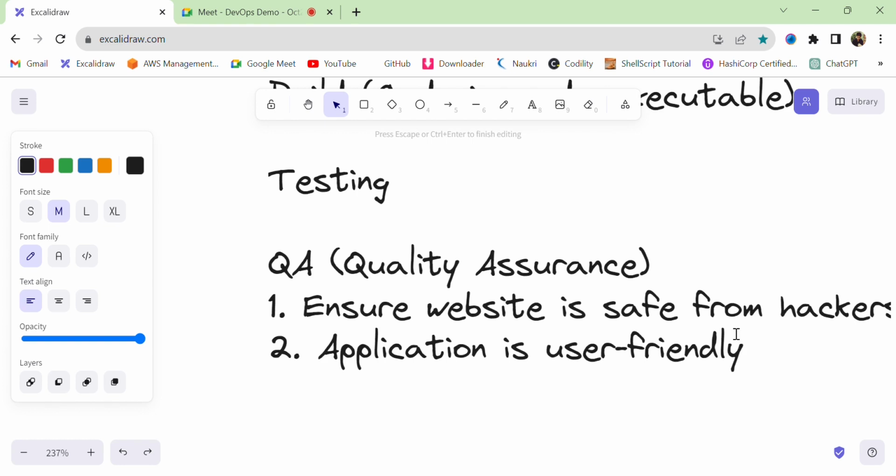What they do is, first of all, they ensure that the website is safe from hackers. And the second part is they ensure that the application is user friendly. If the application is complicated, then they will go back to the development team and tell them to make the required changes. Okay, so after this part is done,